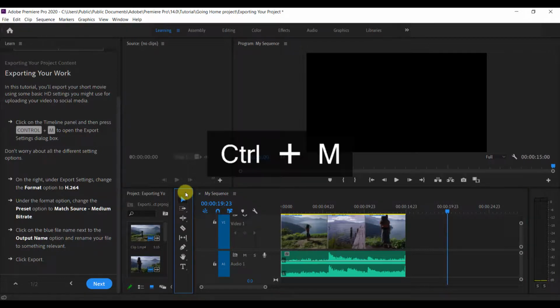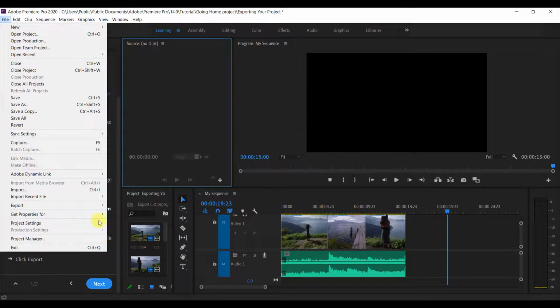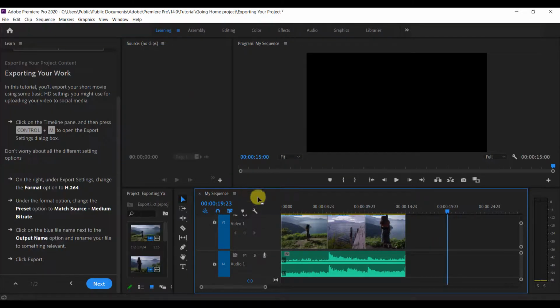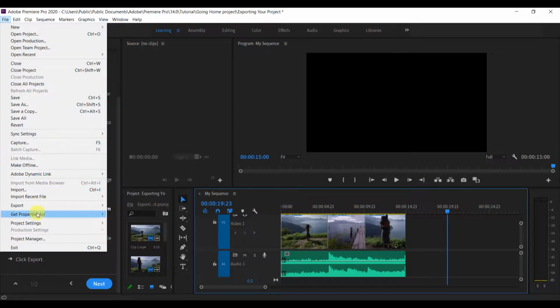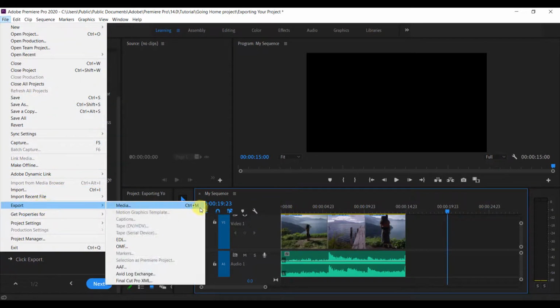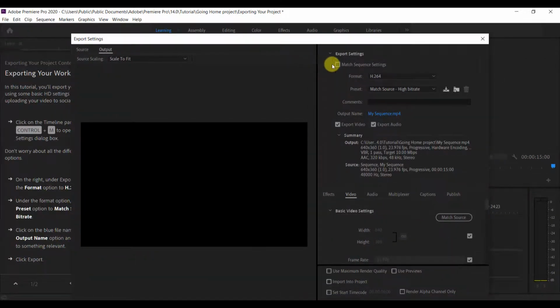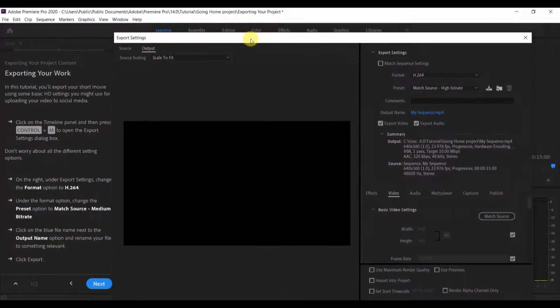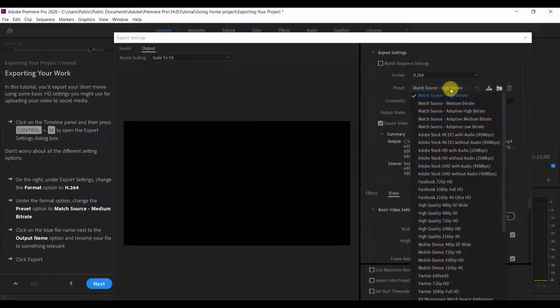Let's see if Ctrl+M works here. Ctrl+M. Nope. So it does say Control M, but that's not working. Okay. Change the format to H.264. Match source medium